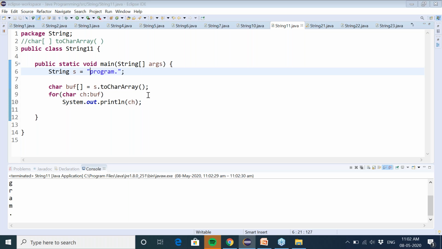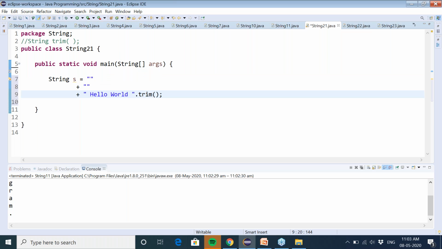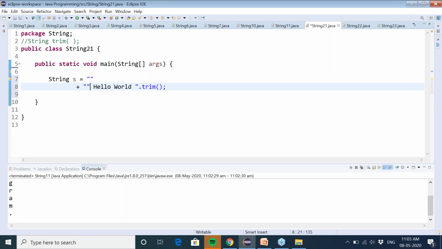Then the next is if you want to remove the space in the beginning of a string literal or at the end. For example, in this program we have some space before the hello word and some space after the hello word, right? And we want to remove this space.